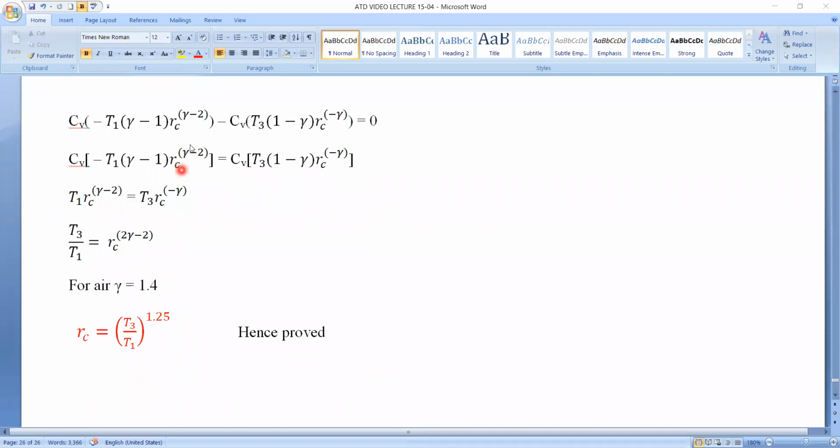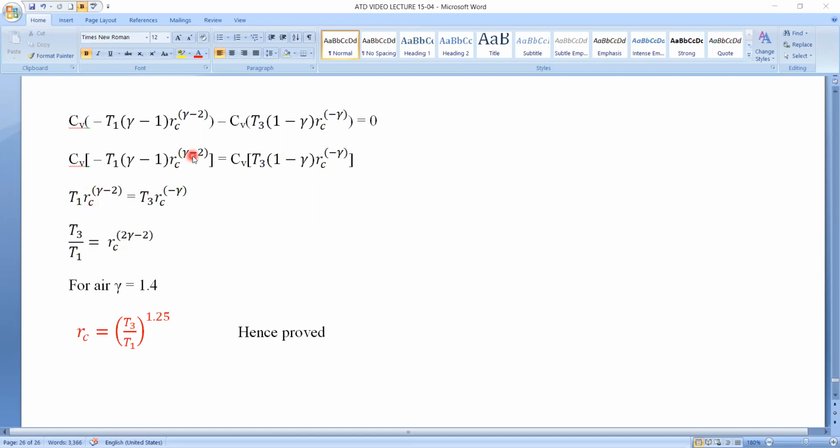Now let us simplify this. Take this term to the right hand side. Here the minus sign is there. CVC will get cancelled. Now here I'll take the minus sign outside the bracket, so I can write gamma minus 1. Minus minus will get cancelled. Here gamma minus 1 and here gamma minus 1 will get cancelled. So the last term which I am left with is